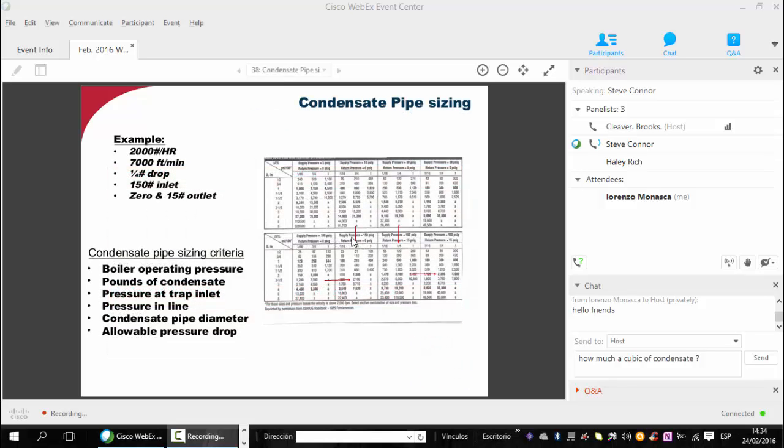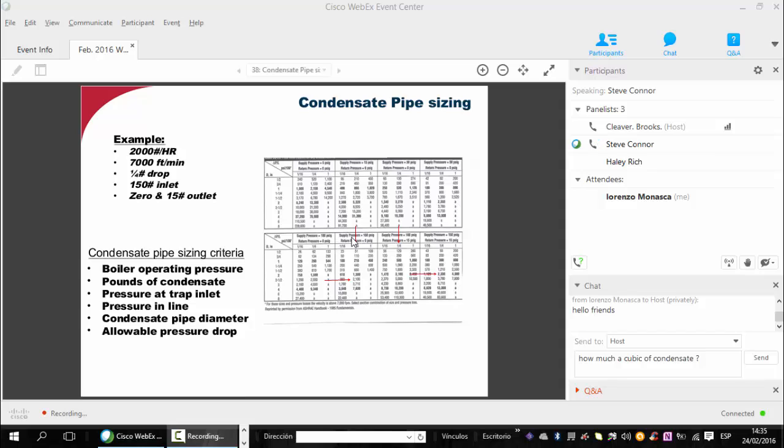So, to try and tie all this together in terms of selecting the right condensate pipe size for an application, let's just assume for a minute that we have 2,000 pounds per hour of condensate that we need to return. And we do not want to exceed 7,000 feet per minute in velocity with a 1/4 pound pressure drop per 100 feet. And as far as our motive force is concerned, we have 150 pounds of supply pressure